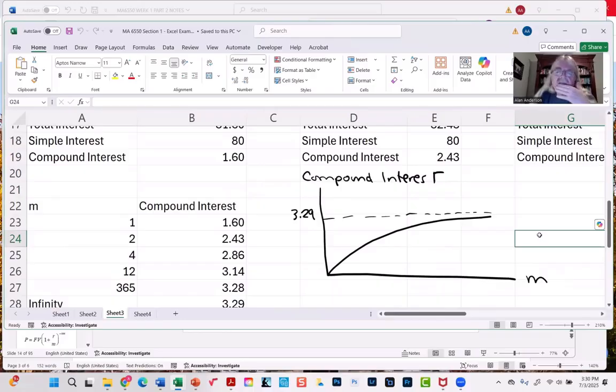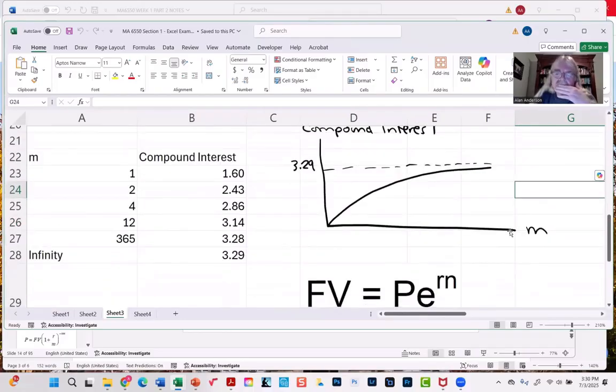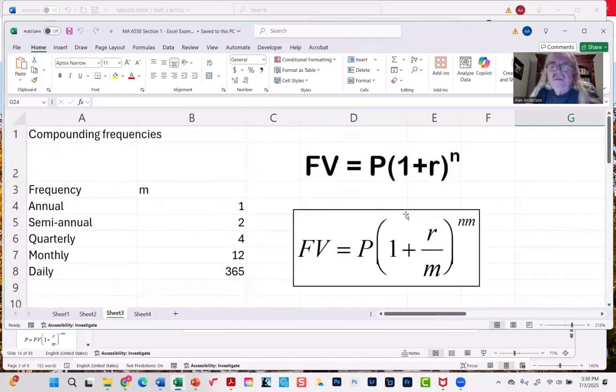And in addition to that, there happens to be a horizontal asymptote to this function where as m approaches infinity, if we were to take the limit of this function,